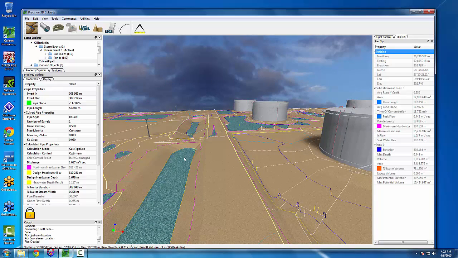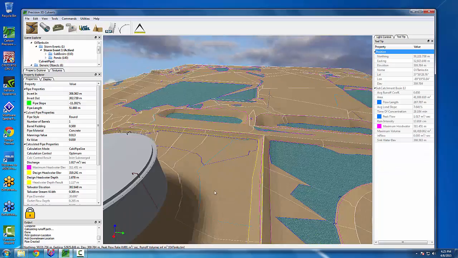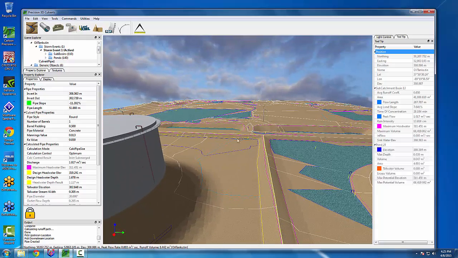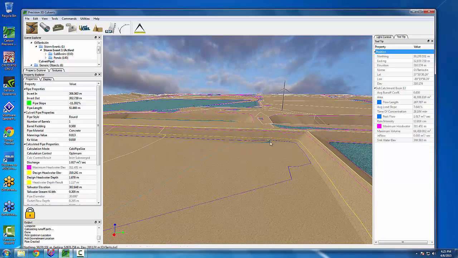And now, rather than 0.1 meters of depth, we have 0.444 meters of depth. Let's talk briefly about these perimeter lines in the ponds. The blue line was the original pond elevation. All these ponds that have not been drained will have that blue line. That's where the water ponds up to